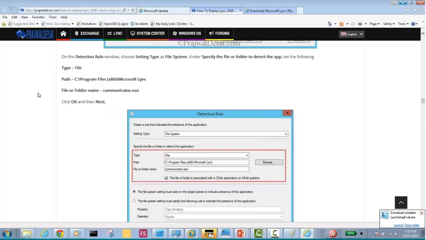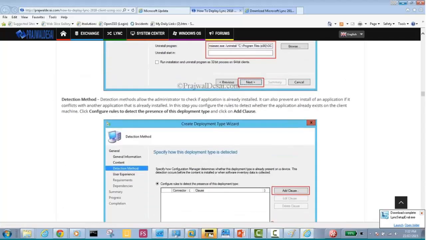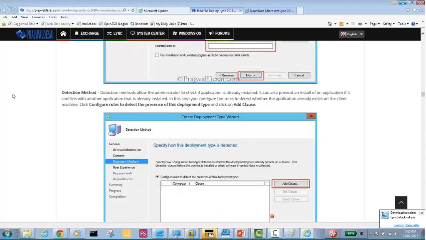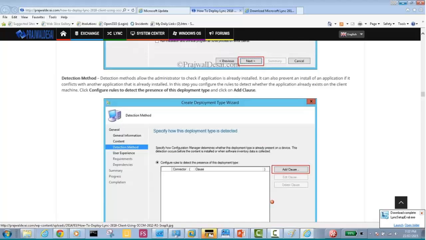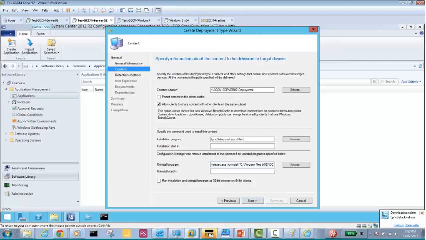You can set it up any way we want. So this would be the detection method. So: installation, uninstallation information, and then the detection method. Let me just check where we need to go. So next, here everything is done. Next,